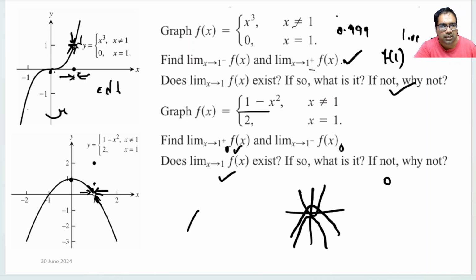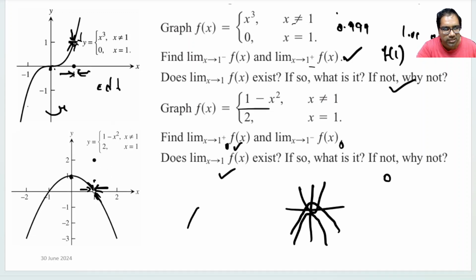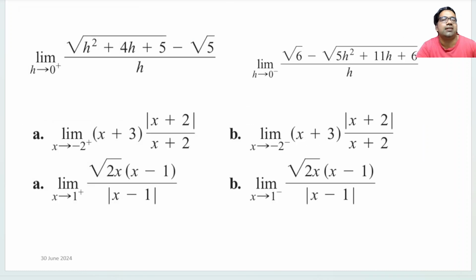Right, f of 1 doesn't matter. It is only about how the graph is approaching. Let us take a few more examples of these limits. Let us take this function: under root h square plus 4h plus 5 minus root 5, by h. Here we cannot directly substitute